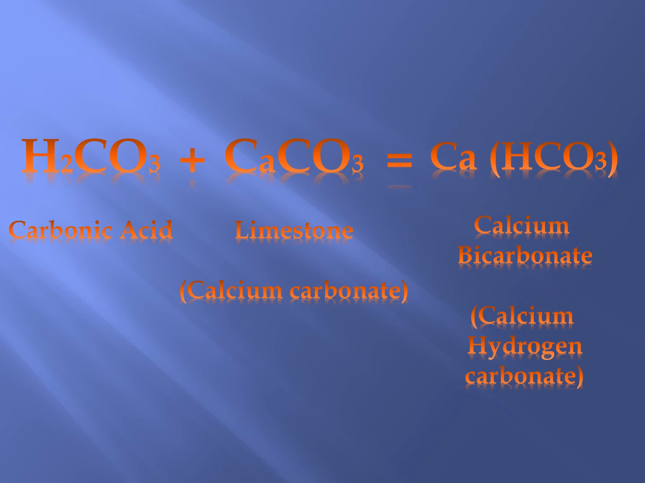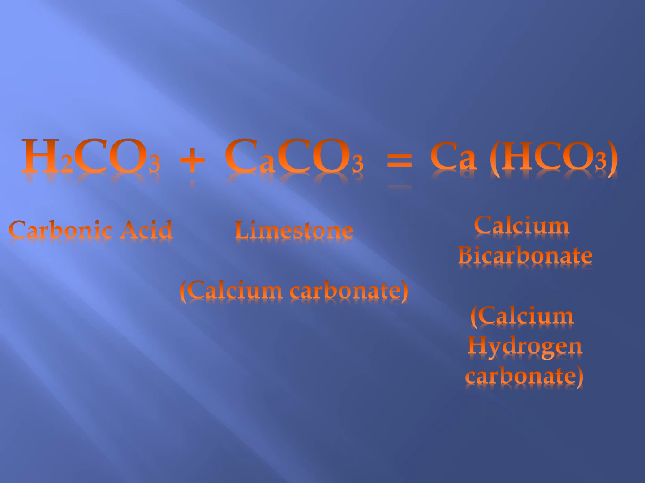So here we have carbonic acid, which has the formula H2CO3. That is the formula for carbonic acid. Now it reacts with calcium carbonate, which is the other name for limestone. Yes, so calcium carbonate, CaCO3, is the chemical name for limestone. So when carbonic acid reacts with calcium carbonate, or the limestone, it converts it or turns it into calcium bicarbonate,